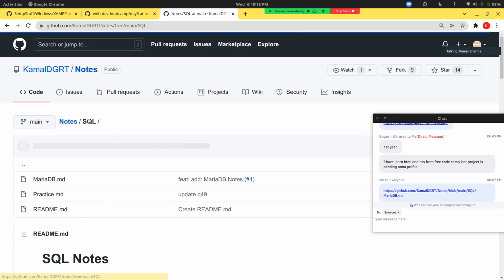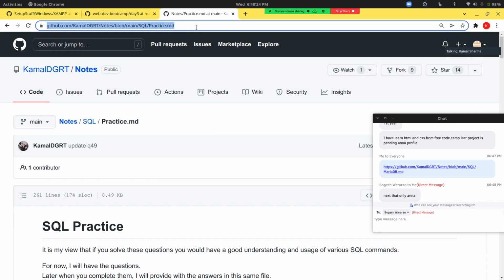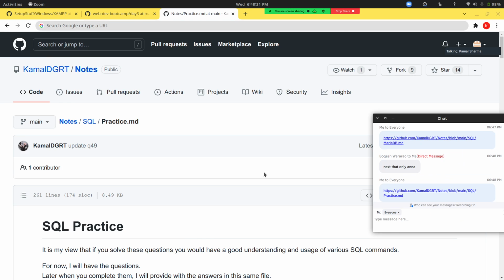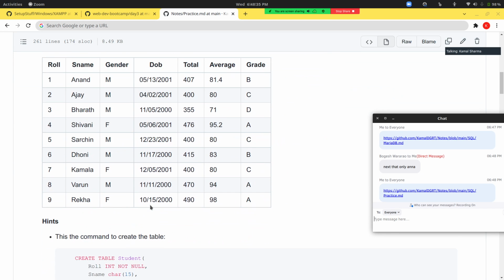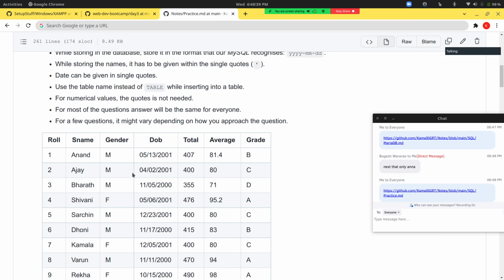But I had said I will give you some questions, right? So in the same repository itself, I have this practice link. So in that I have lots of questions. Like I have given you some specific table stuff also, and how to create the table, which I have given above, right?